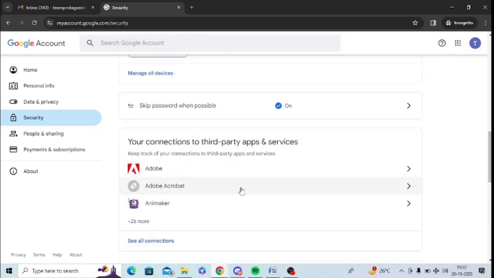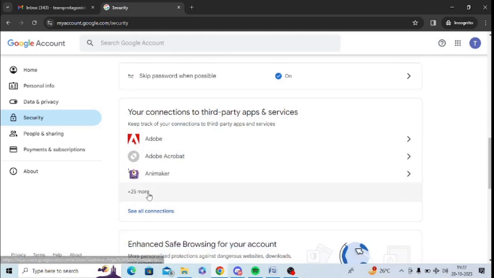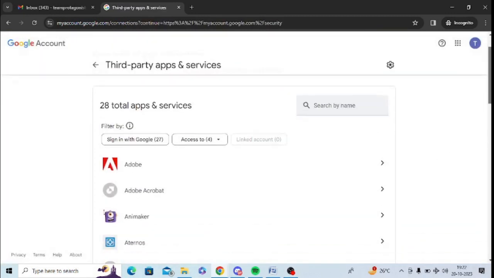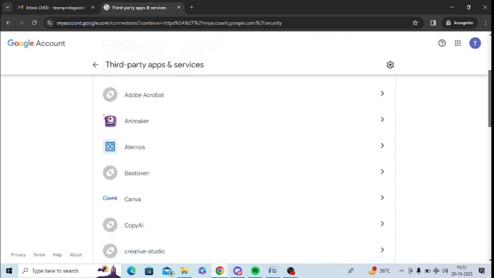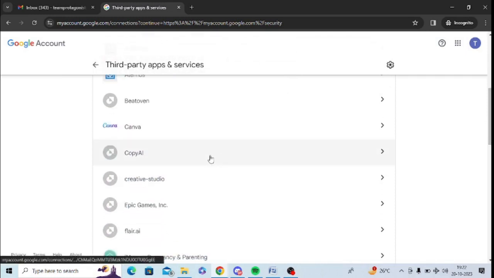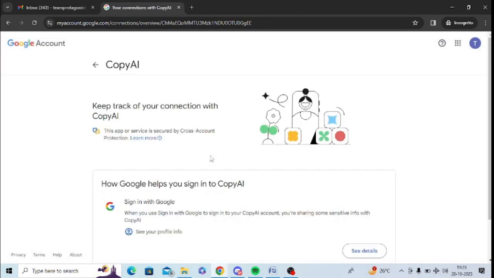You can see there is an option of your connections to third-party apps and services. You can see there are 25 plus more where I have logged in. So click on see all connections. You can see the list of all. You can see Adobe, Animaker, Atenos. You can see Canva. So you can just tap on, like for example I am clicking on copy AI, so